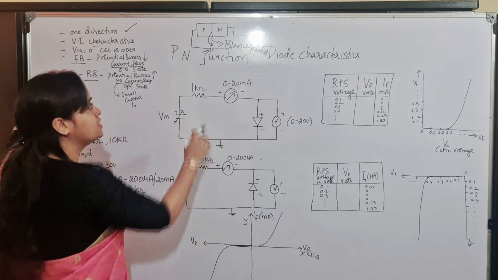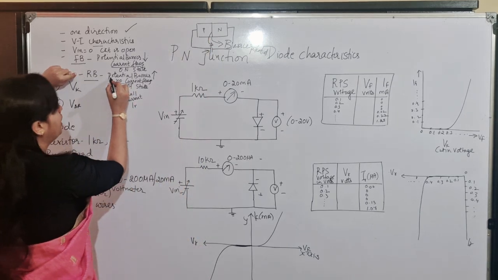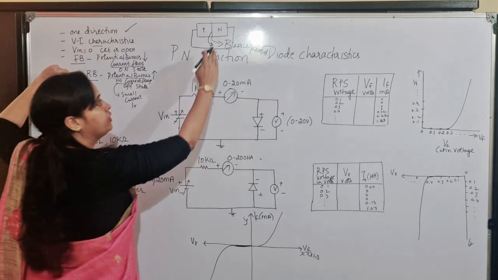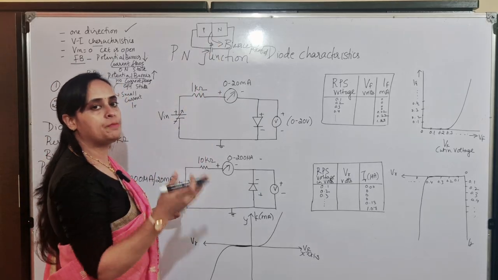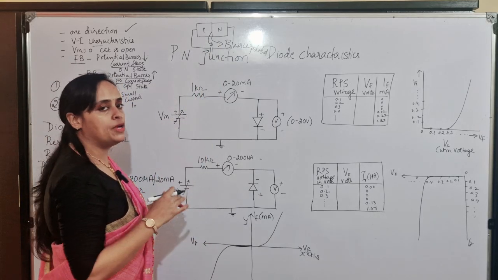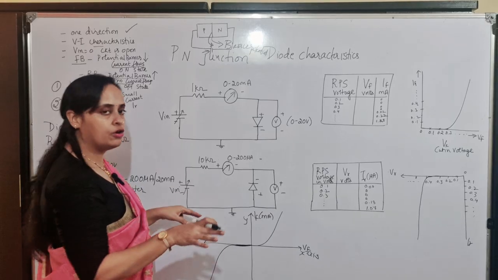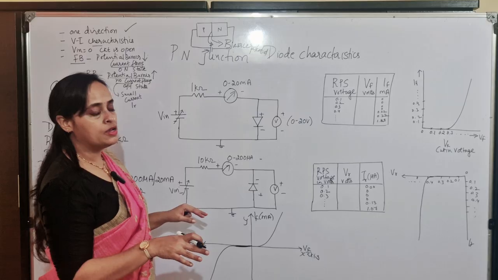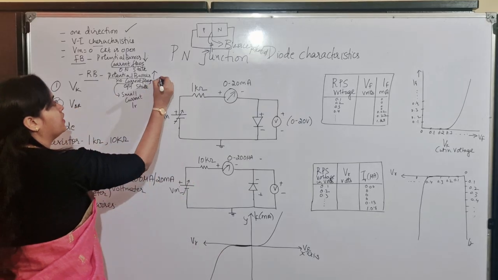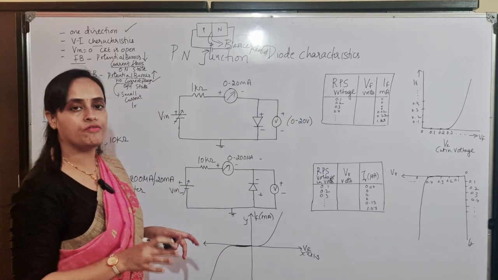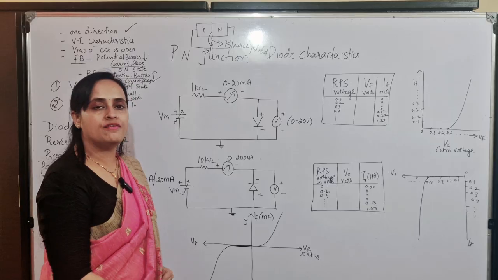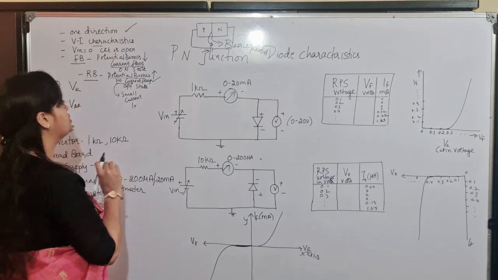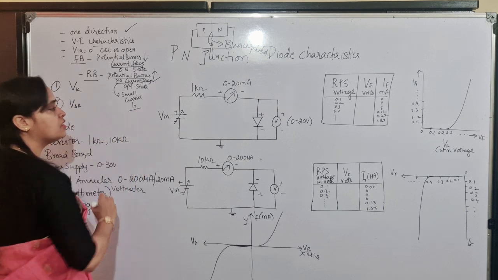Instead of decreasing the potential barrier, now what happens to potential barrier? Increases. Now you should understand, if the barrier is increasing between P-type and N-type, what happens? Majority charge carrier cannot flow. So there is no current because of majority charge carrier. So we can understand there is no current, and this is considered as off state. But practically we cannot say no current because there will be current because of minority charge carrier. Such current is known as reverse current.